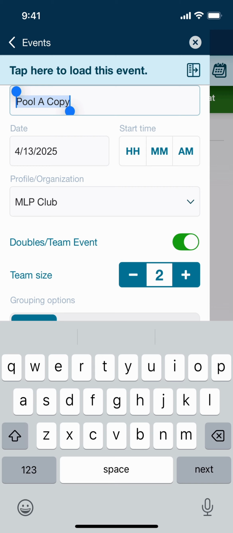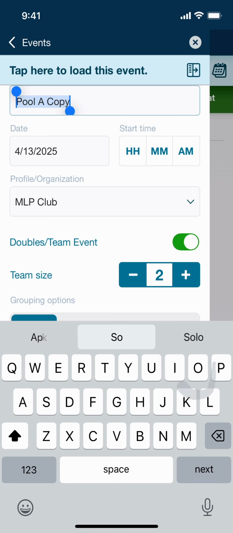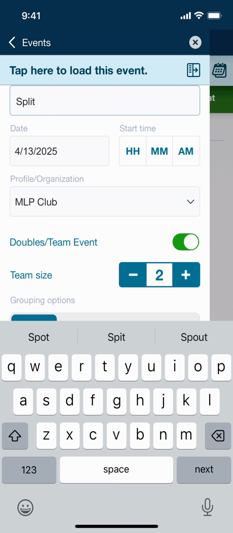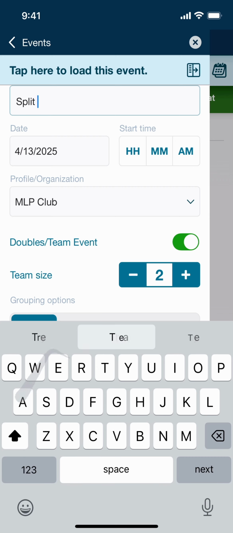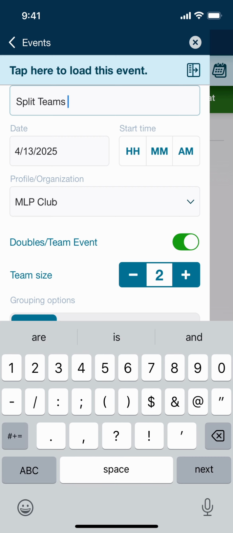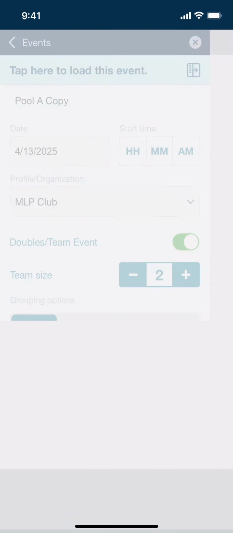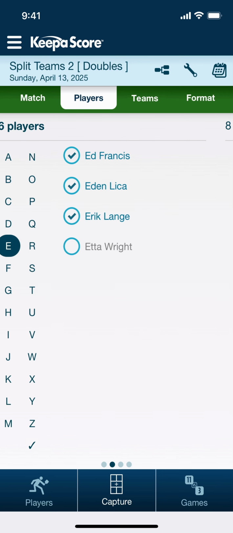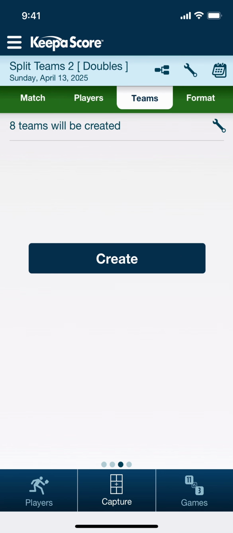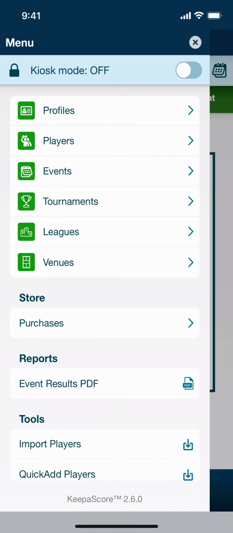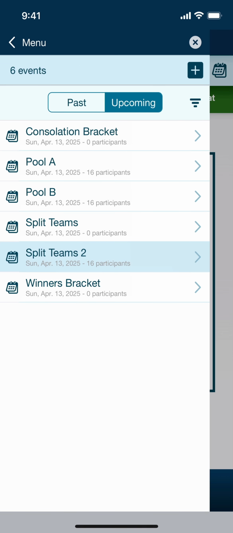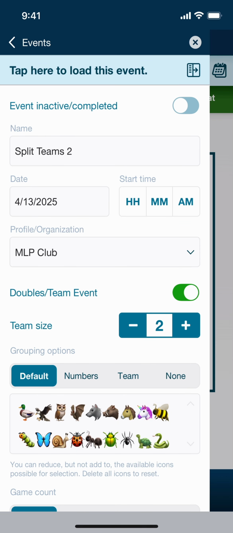So I will call this one split. Did I get it? Yep. Split teams, and we'll call it split teams 2. And we'll load that one so we can differentiate, because it's already got, we do not want teams. So this is where the players are going to be splitting. We want to go back to the event really quickly, which KeepaScore will automatically select. Switch it to